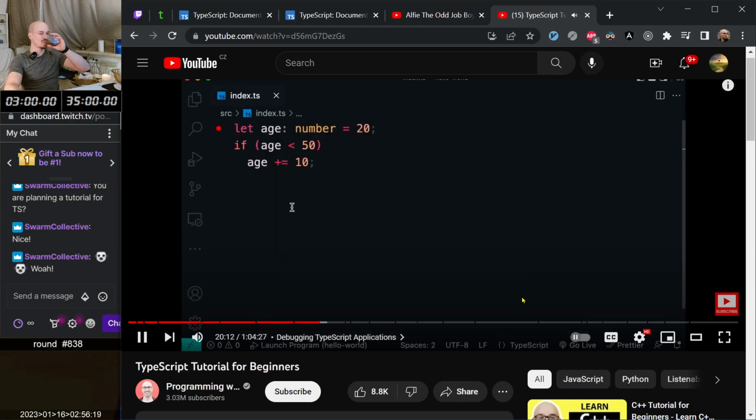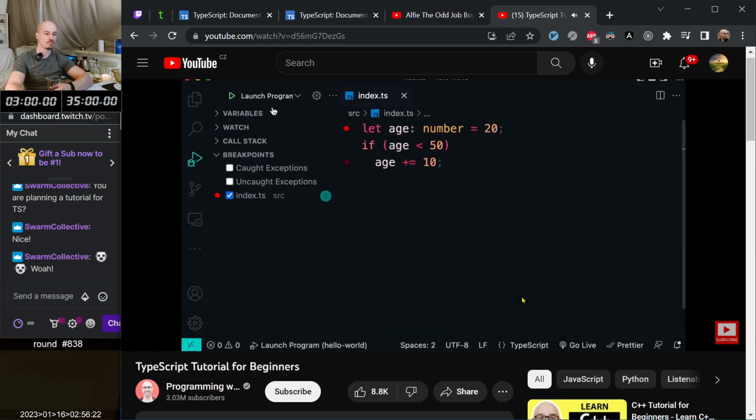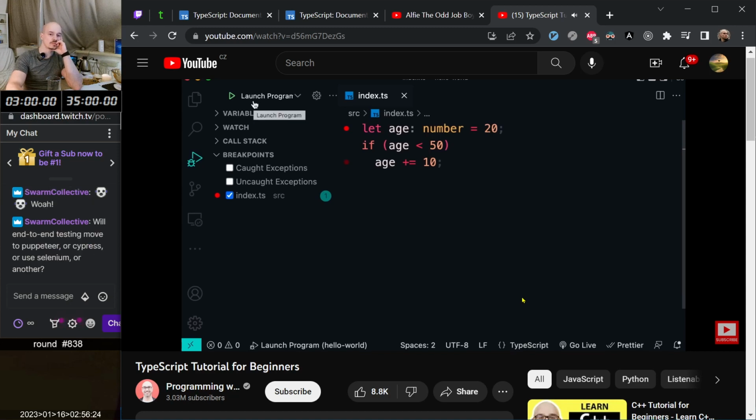Now, we go back to index.ts, and to start debugging, you can go to the debug panel and click on Launch Program. This is the label that I just showed you. Now,